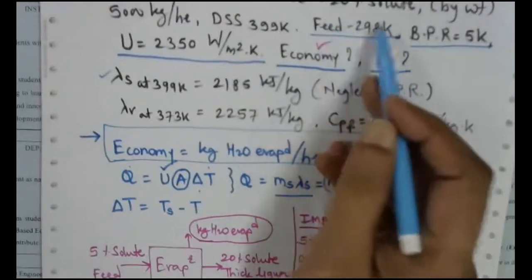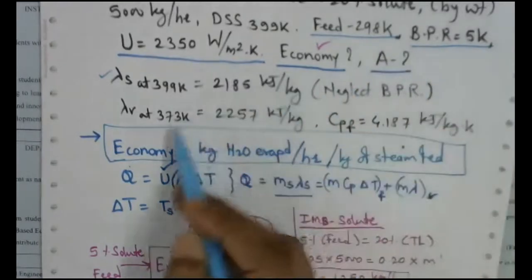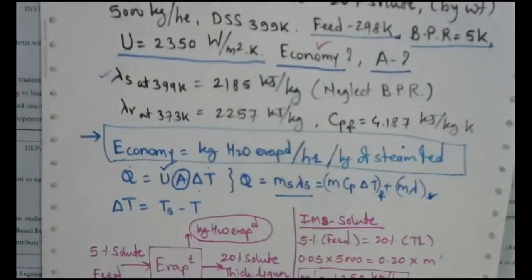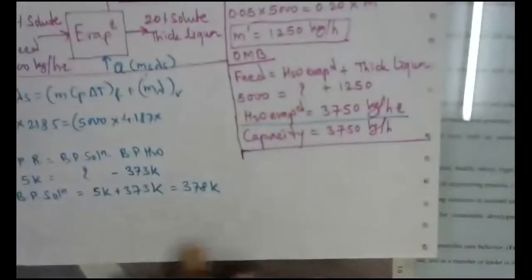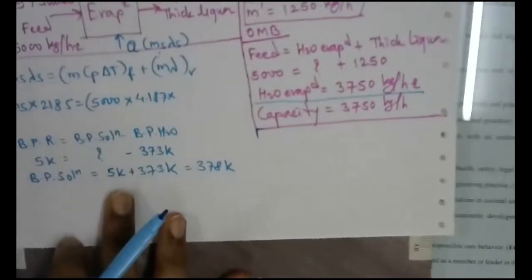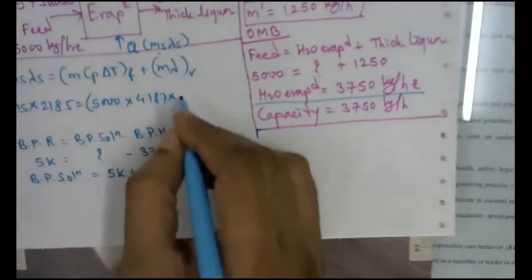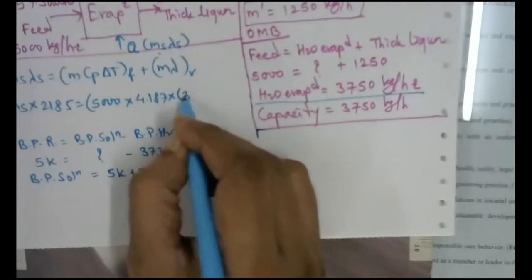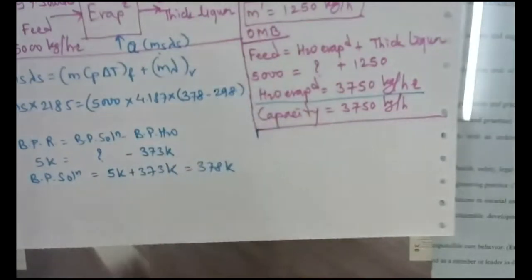With the help of the boiling point rise and the boiling point of water, we can calculate the boiling point of solution. So this delta T can be put as 378 minus 298